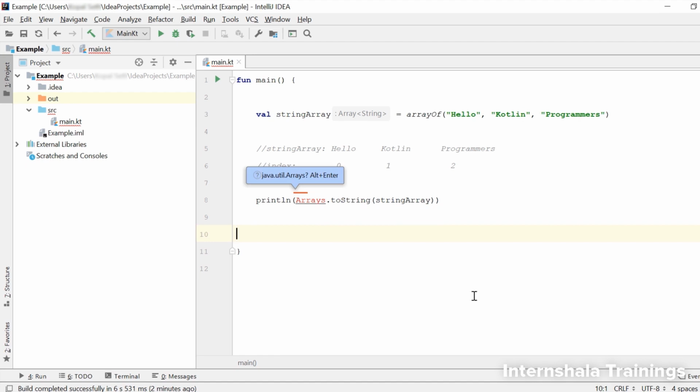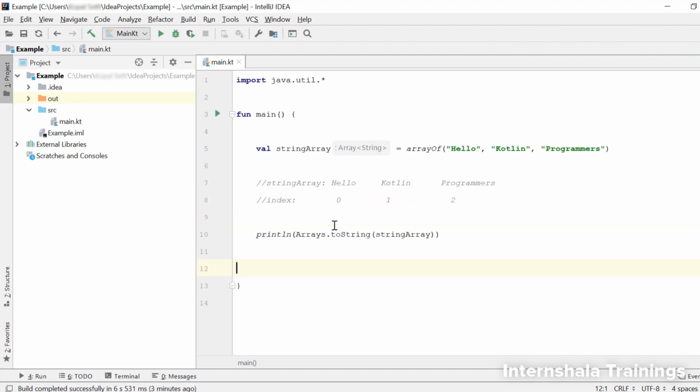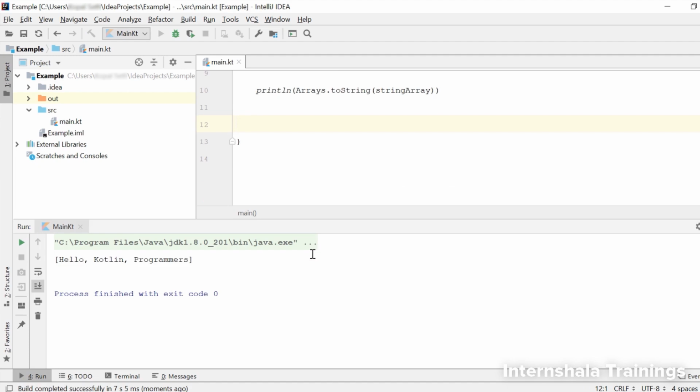Again, the IDE highlights this in red. Let's hover over it and read the message. It says it's an unresolved reference. So let's press Alt plus Enter. Yes, it got resolved. So if you see here, the IDE has written some statement to resolve this error. Don't worry, you don't need to understand this statement. Now let's look at the output and see if it works. Yes, it does. We have printed all the elements of the array.